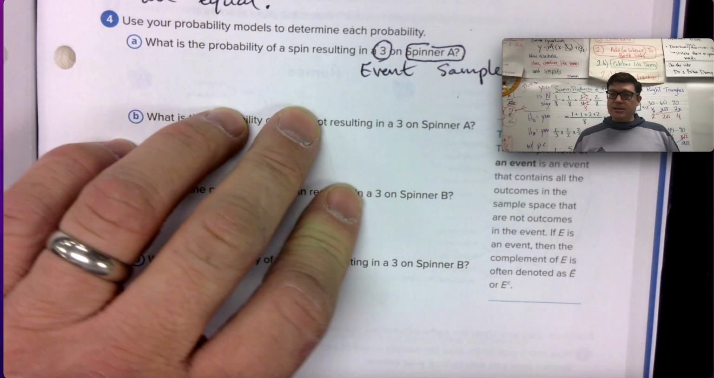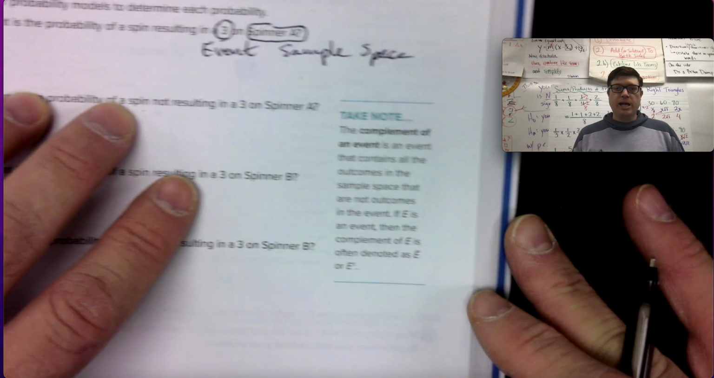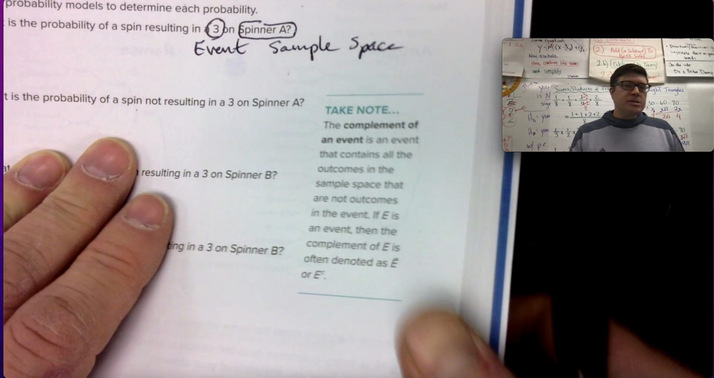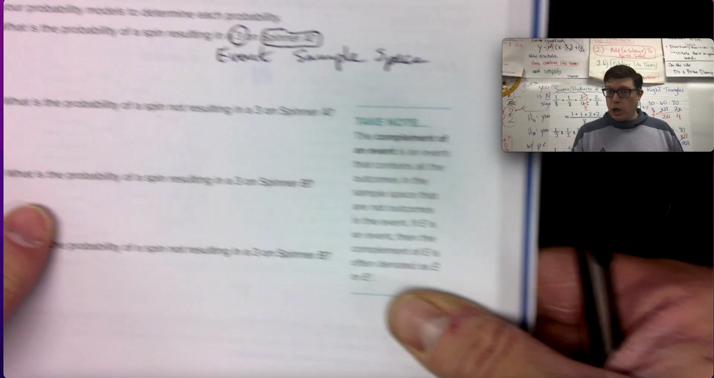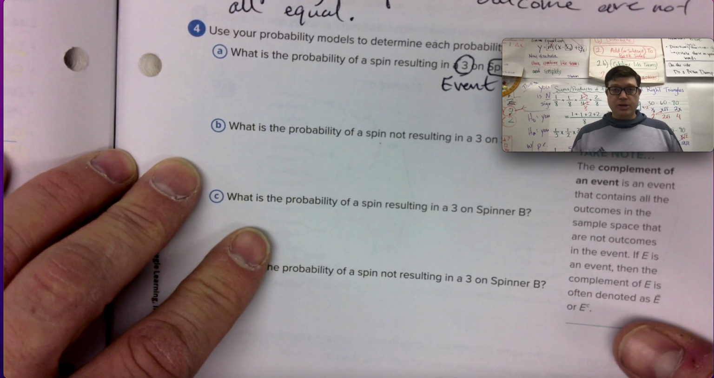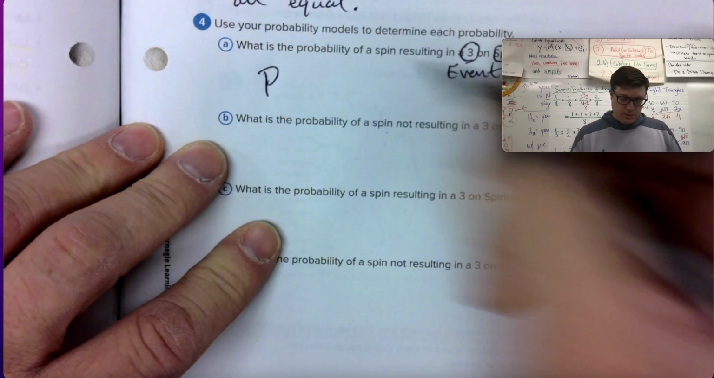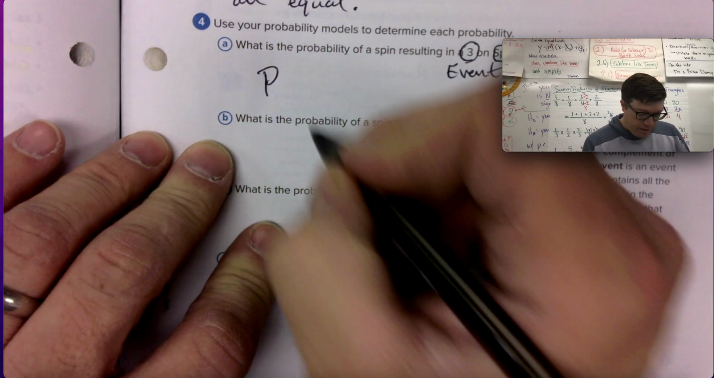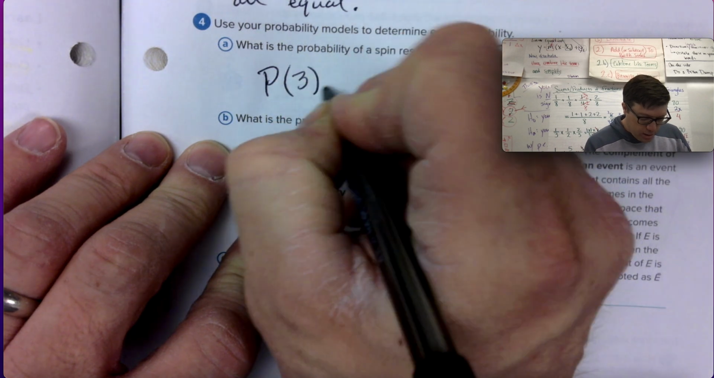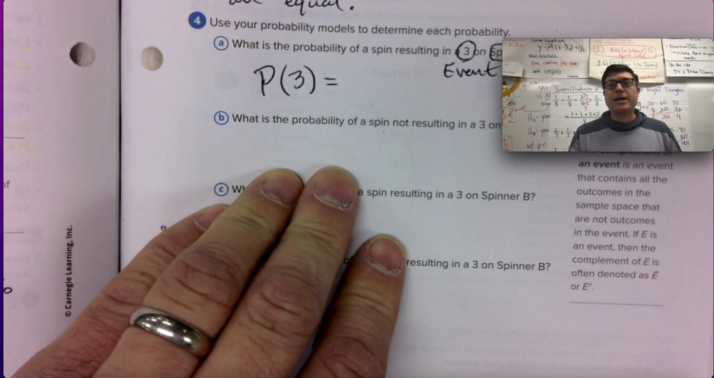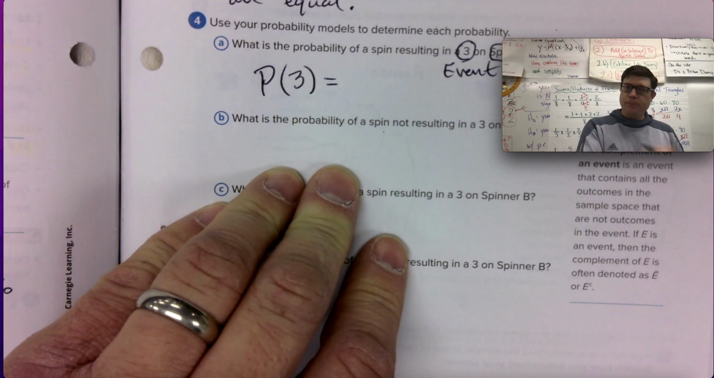In the event, I wrote sample space, and my face is in front of that. In the event of getting a 3, but only in the sample space for spinner A. And I can abbreviate this in math notation as probability, so that's the big old capital P, of getting a 3